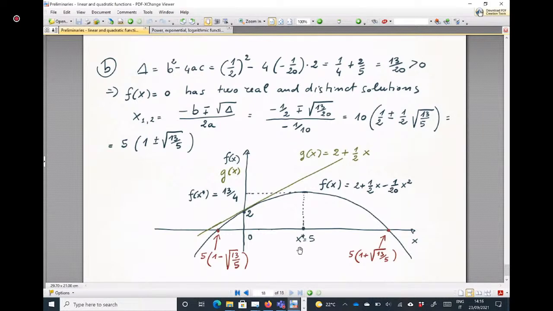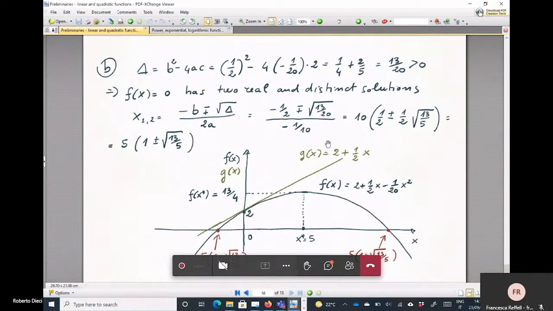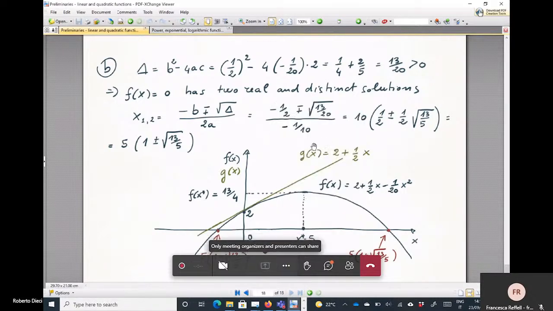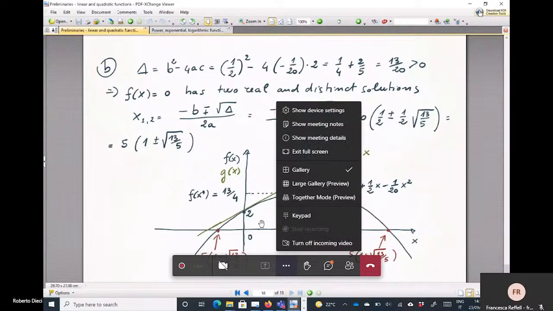The exercise per se is very easy, but I use this to emphasize one thing. It turns out, by using calculus later, that this is exactly the best linear approximation to the parabola at the point of abscissa 0. It is the tangent line to the parabola at the point of abscissa 0. If you look at the expression of the parabola and the straight line,